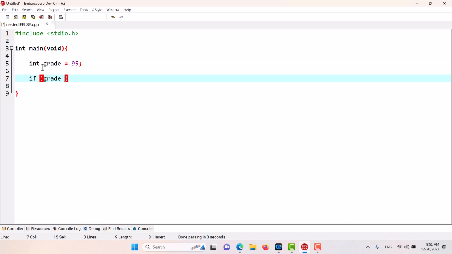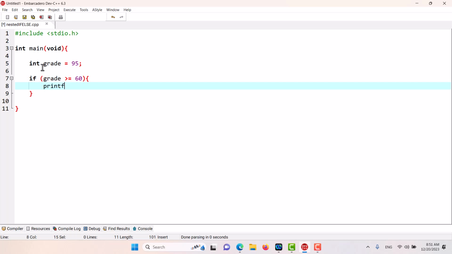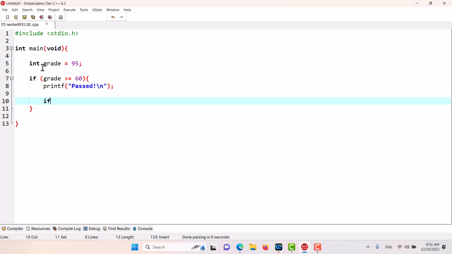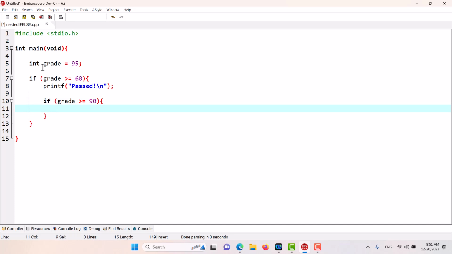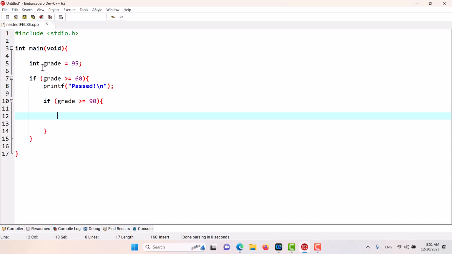If grade is greater than or equal to 60, then write that this student has passed, and maybe have a new line as well. And then inside of this if statement we can have another if statement: if the grade of this student is greater than or equal to 90, then say that this student has done a great job. So printf maybe